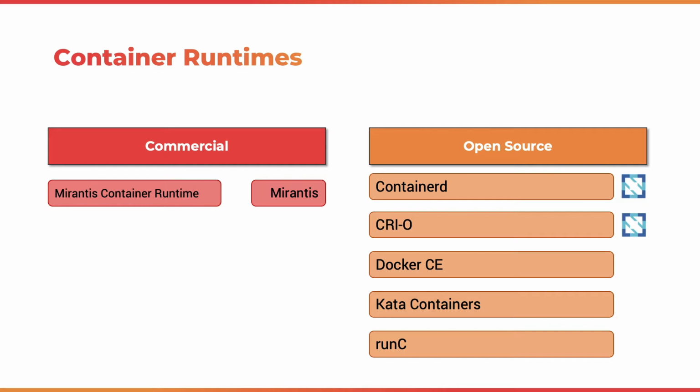Now, one thing that I want to call out is that in this slide, you actually see a CNCF logo next to some of the open source projects. What it indicates is that we have the CNCF inclusion for these projects. For example, Containerd is a CNCF project. CRI-O is also a CNCF project. So every time you see a logo, that indicates it's not only an open source project, it's also a CNCF project. It could be a sandbox or an incubated project, but it is going to be a CNCF project. That's what it conveys.